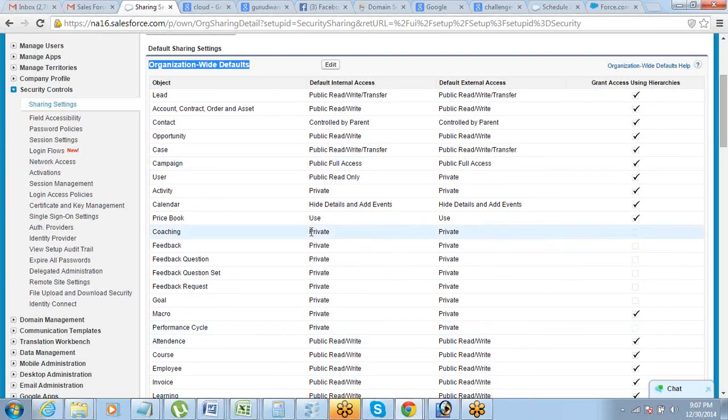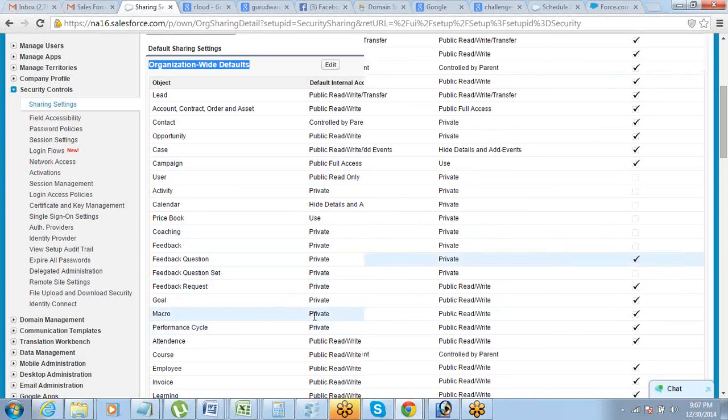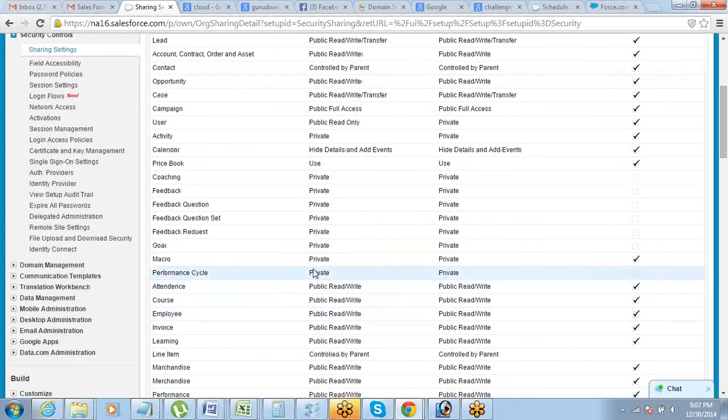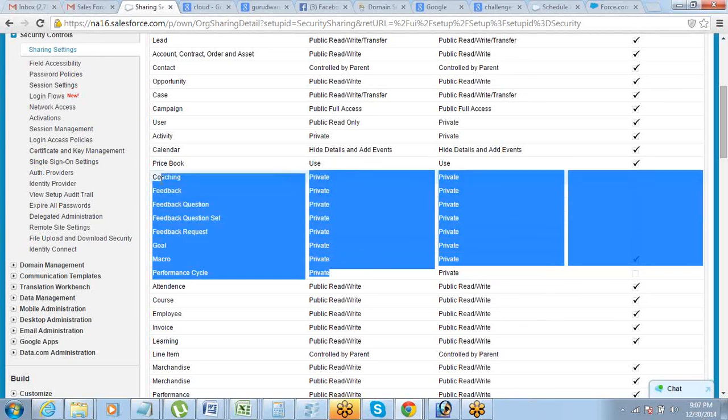So these are the objects from this default Work.com app. The coaching, feedback question, feedback question set, feedback request, goal, macro, profile, performance cycle. I told you there is one HR kind of an app by default designed in Salesforce.